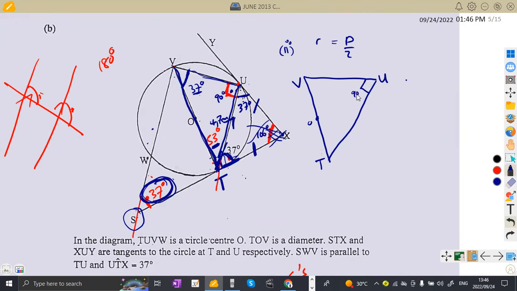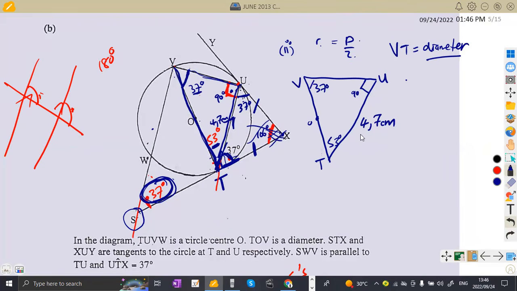Then we've got these angles, 37 degrees and 53 degrees, and this side TU, which is 4,7 centimeters. It's going to be easier for us to calculate VT, because VT is the diameter. And if we have the diameter, then we can find the